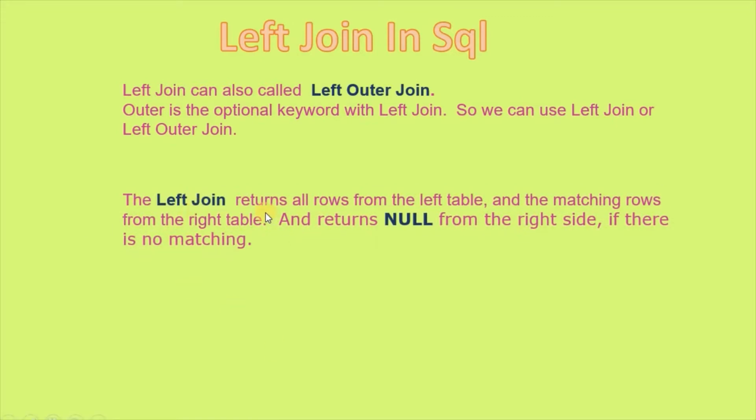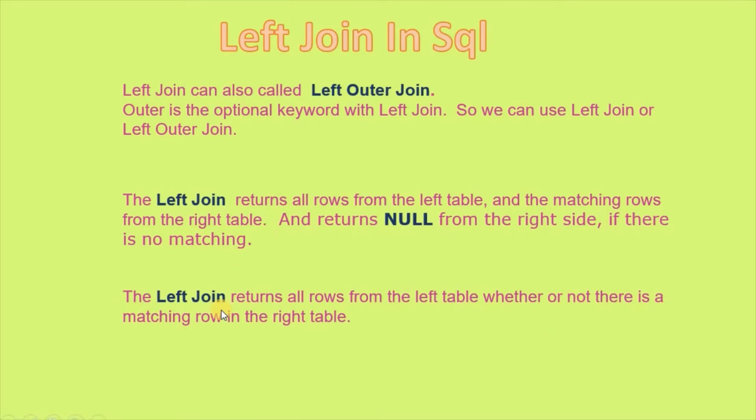The left join returns all rows from the left table and the matching rows from the right table, and returns null from the right side if there is no match. The left join clause or command returns all rows from the left table whether or not there is a matching row in the right table. Syntax is: